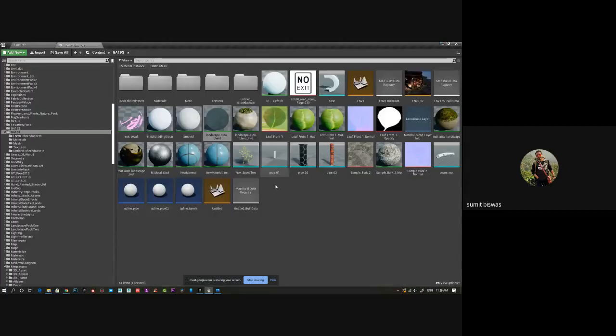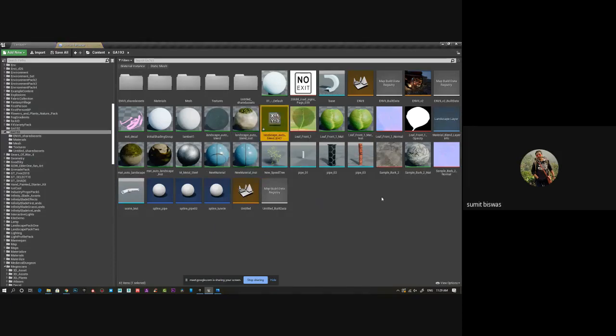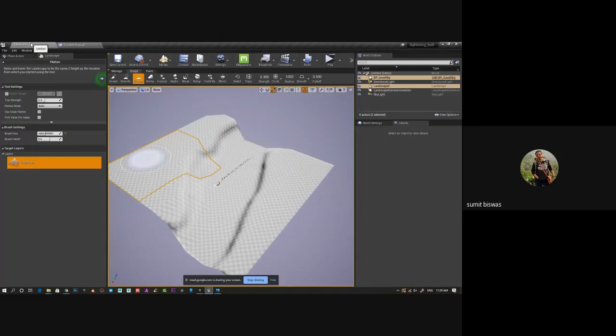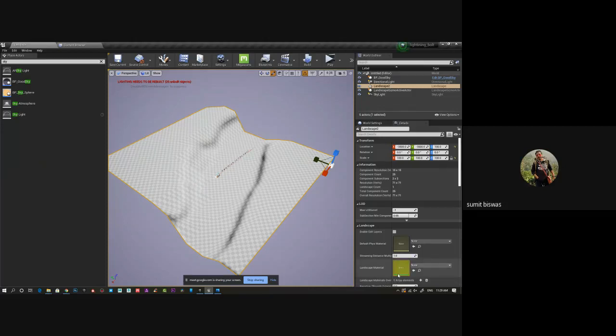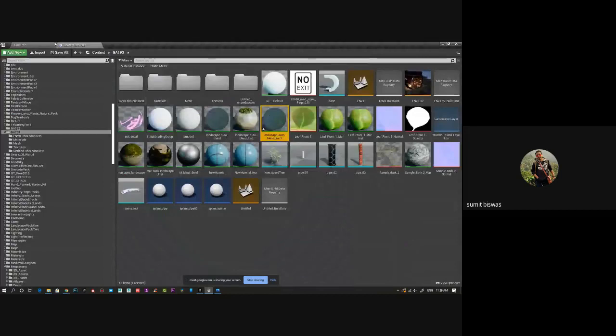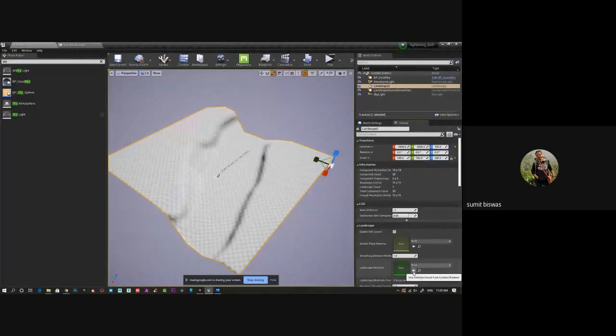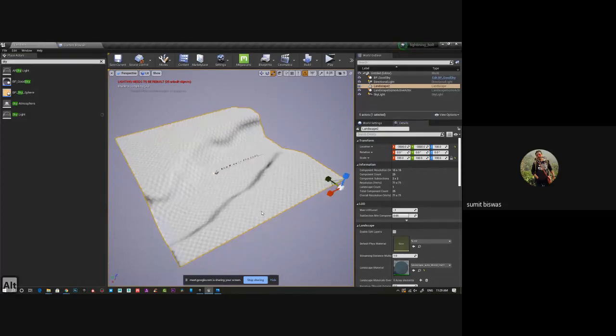I just created an instance for this and go to select mode, select your mesh. You can see there's an option for landscape material. Select your material and click on this arrow. It will apply here. It's compiling.